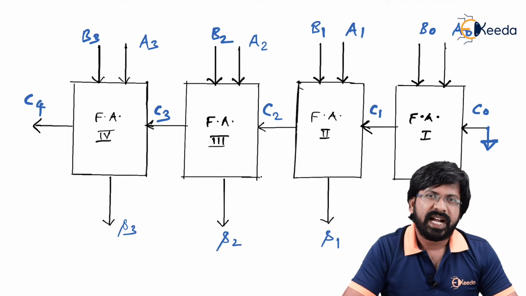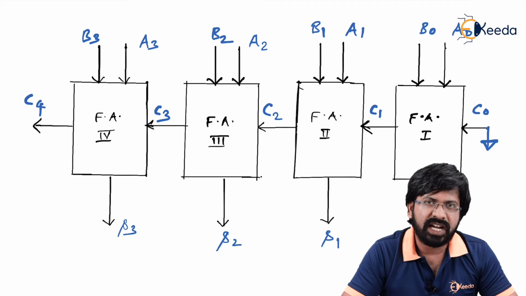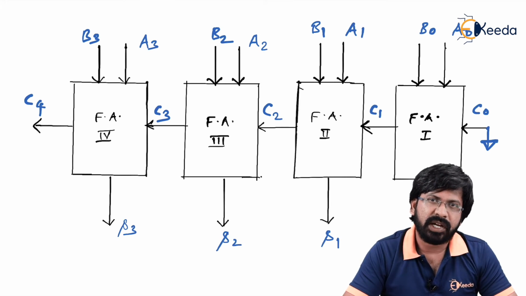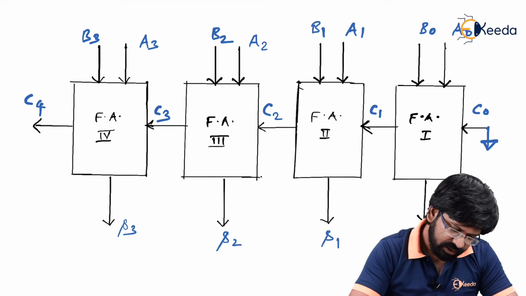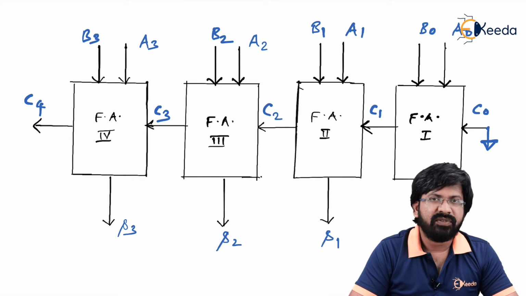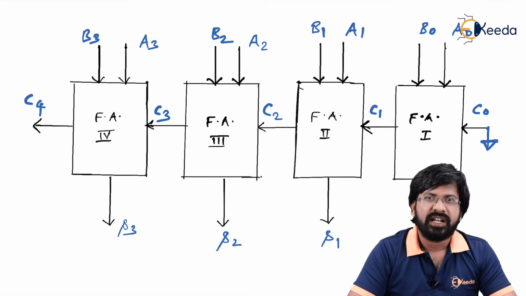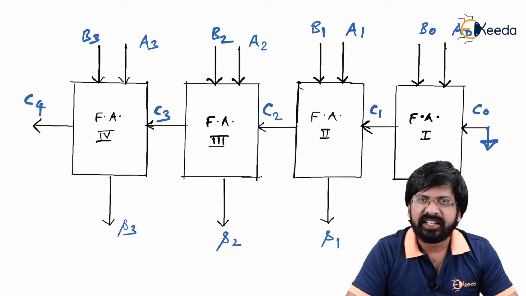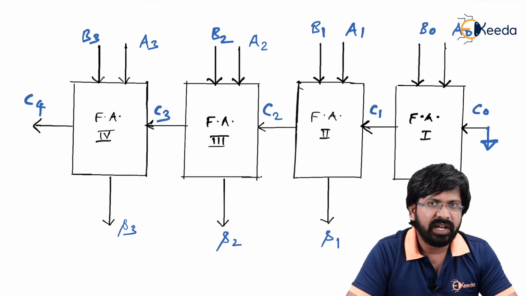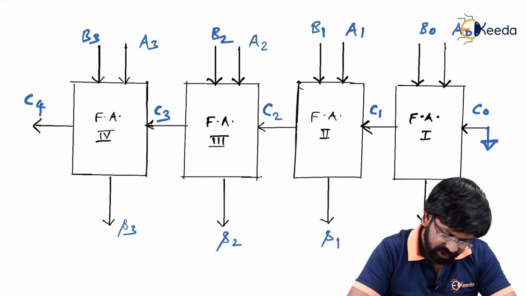So assuming that to generate a sum it takes a time called Ts. So Ts is the propagation time to generate a sum, and Tc is the propagation time for generating a carry. So let us discuss the propagation delay for this 4-bit adder. A0, B0, A1, B1, A2, B2 and A3, B3 are inputs. All of them are applied at the same time, that is at 0 time. But after applying them you don't get output quickly. It takes some time, that is the propagation time, and we are interested to find that propagation time. Meanwhile, we have already assumed that for generating the sum we require Ts time and for generating the carry we require Tc time.